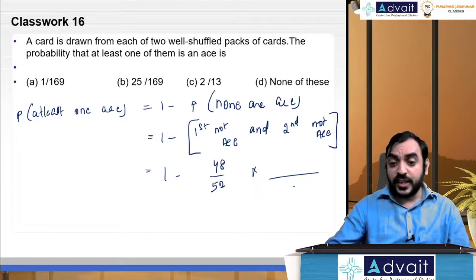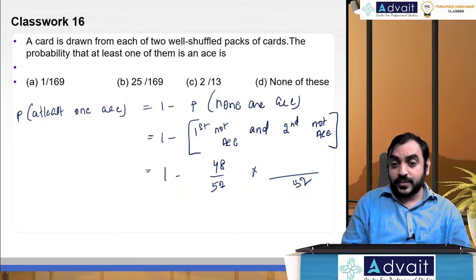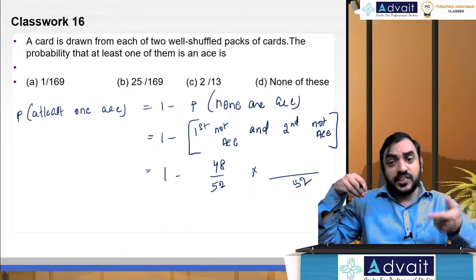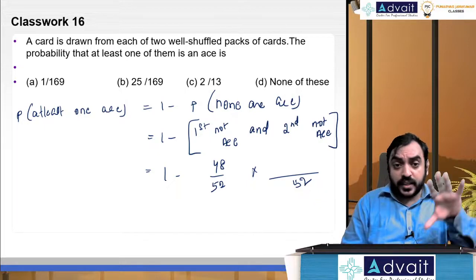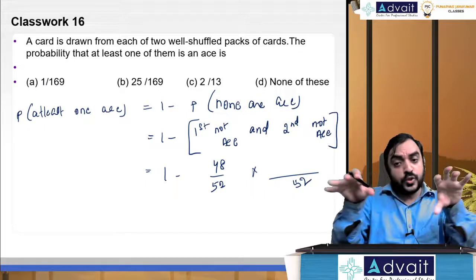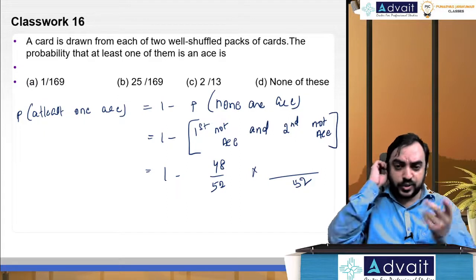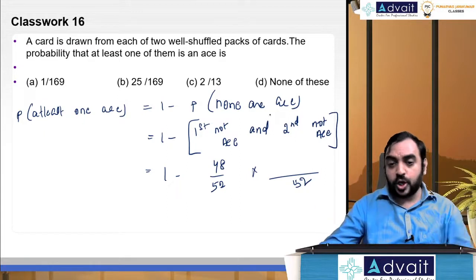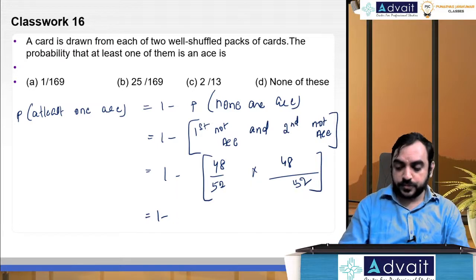It will be 52 only. Why? Because I'm selecting from a different pack, not from the same pack. If I'm selecting from the same pack, then yes, 52 was there. I took one, remaining 51. But here, from one pack, I took one. And from another pack, I'm taking one. So in both cases, denominator is 52. I'm selecting one only. So 48 by 52. Here also should not be an ace: 48 by 52. So 48 by 52 into 48 by 52